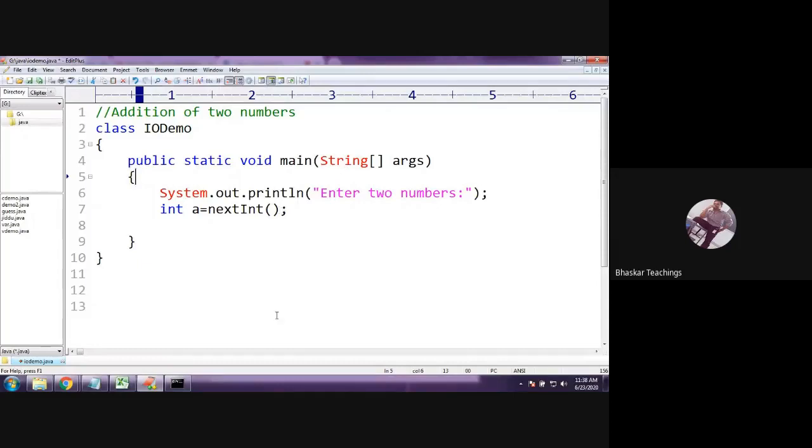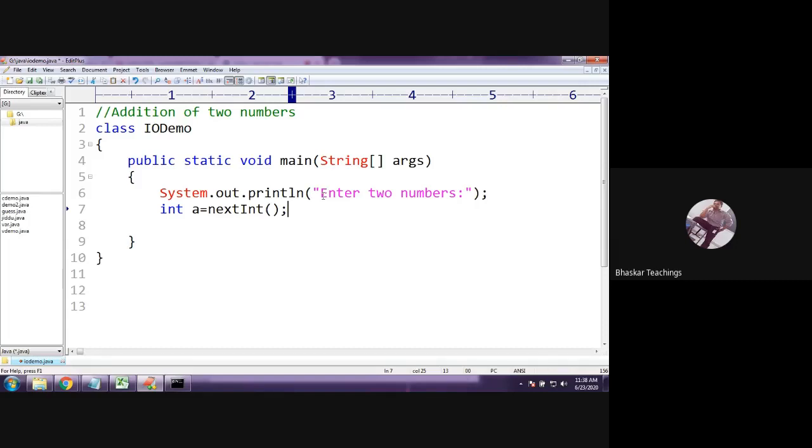Throughout the program, whatever variables you are going to use, you need to declare them at the beginning itself. But in Java, wherever the variable appears the first time, you can declare it there itself. That is the advantage. I need not declare it here. I can declare it the first time it is going to appear.